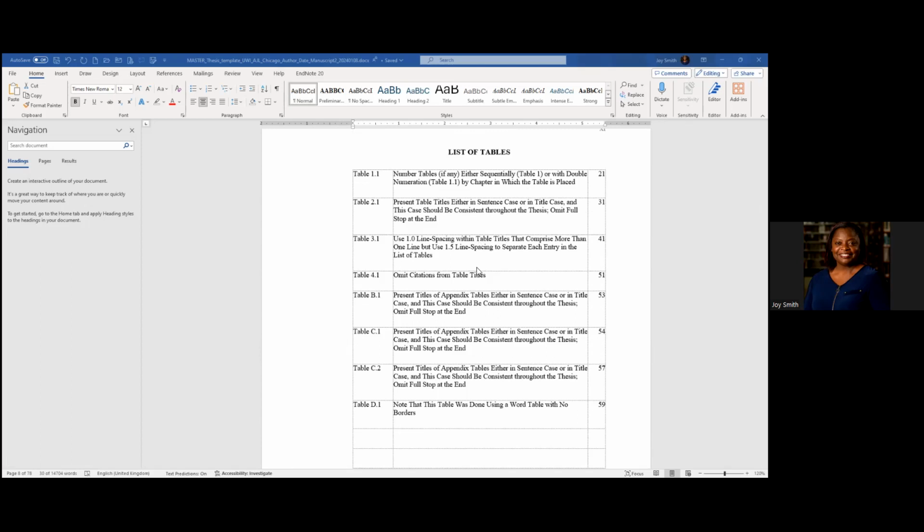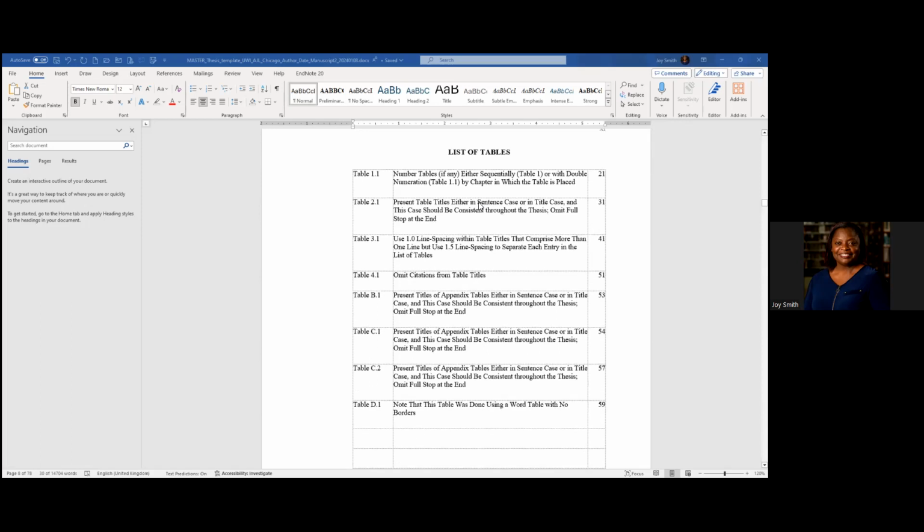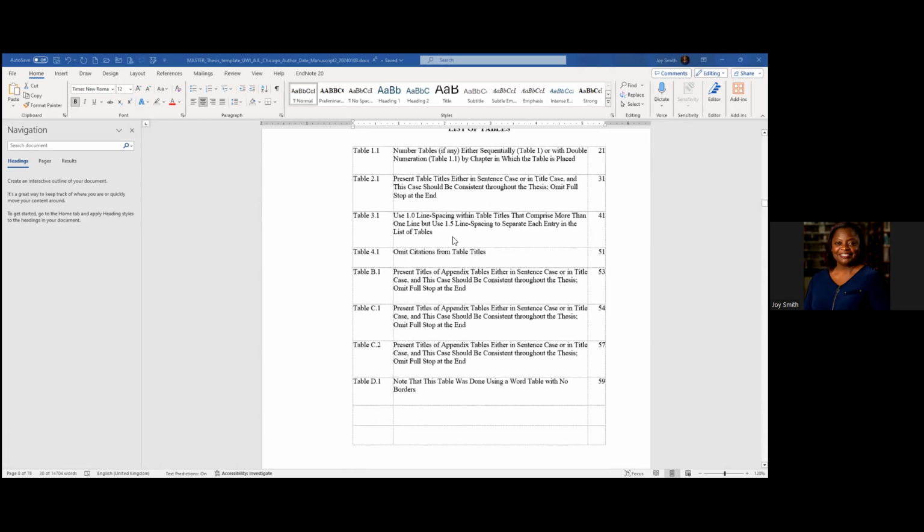You have to read it when you get it. Make sure that you do not put text citations in your captions for figures or tables. They should not be there. Chemistry students, I know